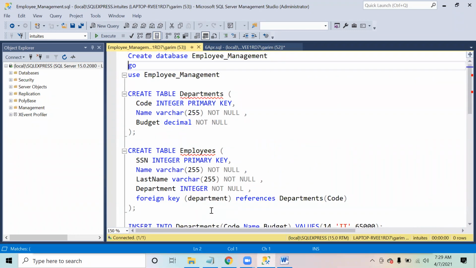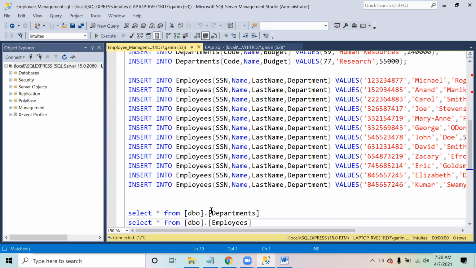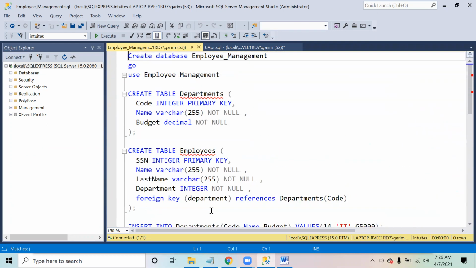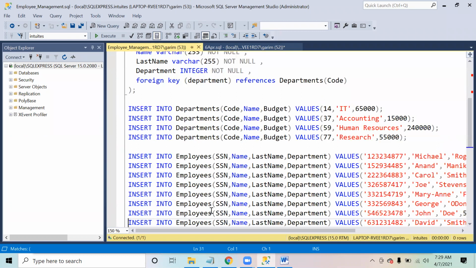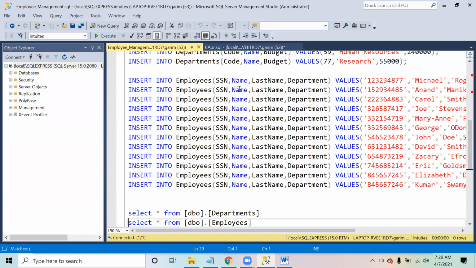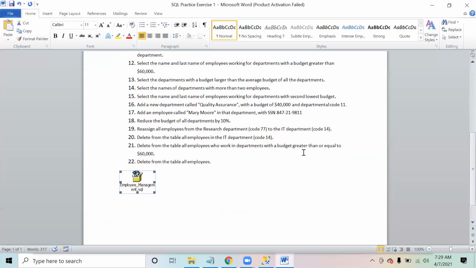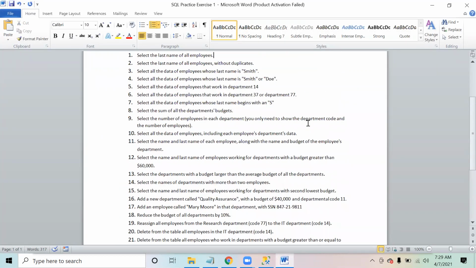And before you run this query, I request that you also go through it, because you should all be able to understand it, as we have already written similar stuff ourselves in the classroom: how to create a table, then how to create a second table, then how to insert data. So all that is written. Once you execute this complete query, it is going to create a database, and based on that database, you have to attempt these questions.